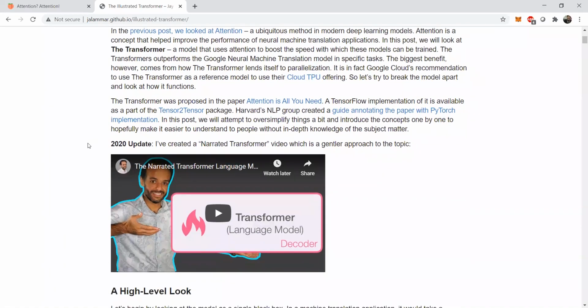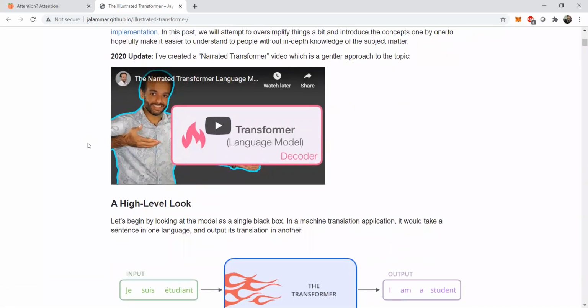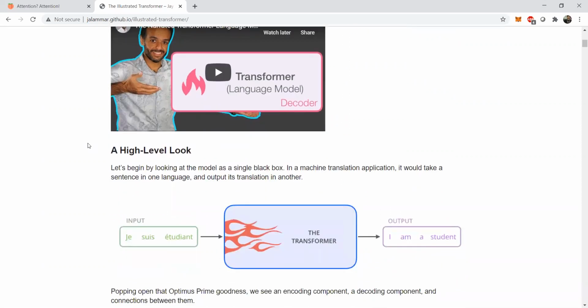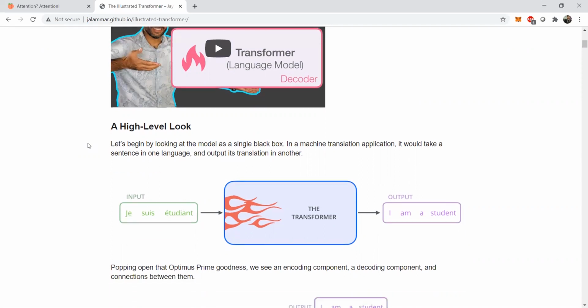But here we will be looking into soft attention, one of the most important features of attention, which essentially converts an encoder decoder model to a transformer model. So this is also an introduction to transformer architecture. Since we will be looking into transformer architecture in depth in future videos like BERT and GPT, all the concepts being told here remain the same.